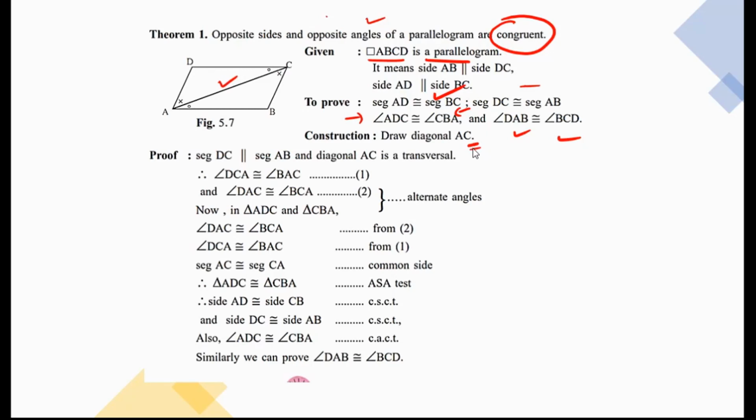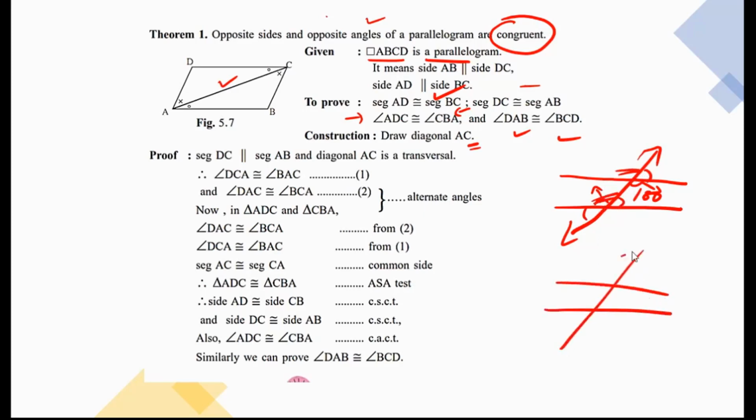After drawing the diagonal, what comes into our mind is the parallel lines and transversal that we studied in 7th standard, where we studied about interior angles, sum is equal to 180 degrees, alternate angles are congruent, alternate interior, alternate exterior angles are also congruent, corresponding angles are congruent. All these things we studied about parallel lines and transversal. अभी आपको वो याद करने का time.